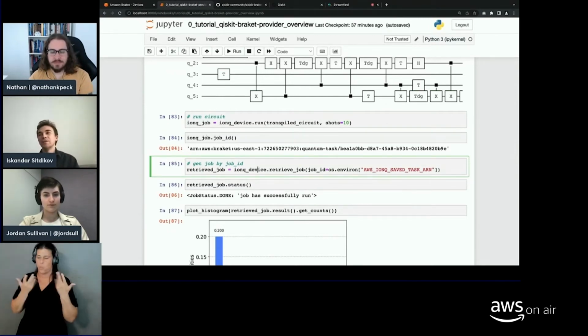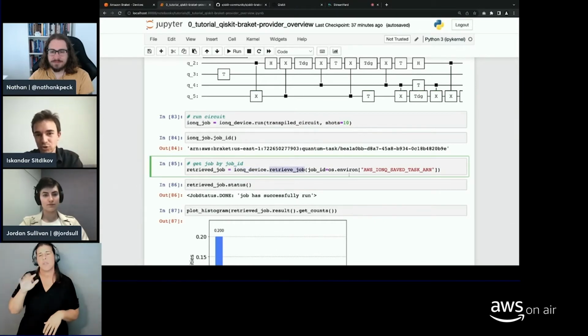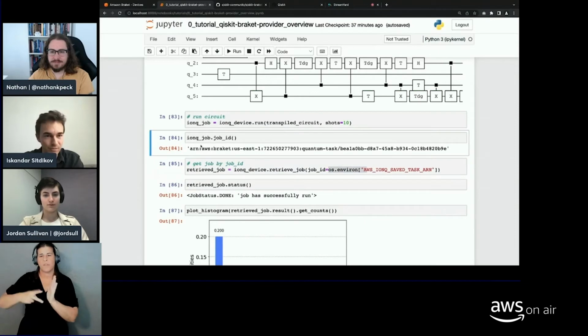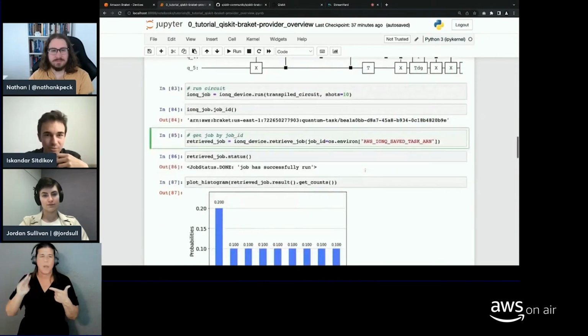Depending on the queues for the hardware, it might take some time, so you probably want to retrieve the job out of the queue. So again you have a function for the devices called retrieve jobs. You give it a job ID, a job ARN, or maybe you have it somewhere in environment variables.